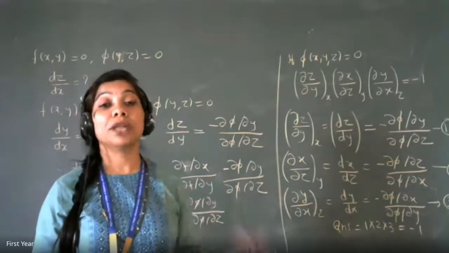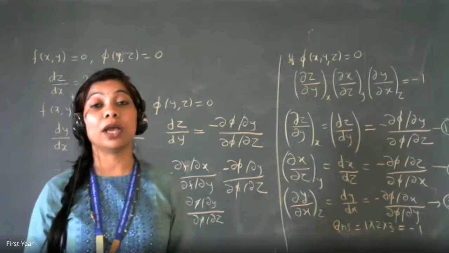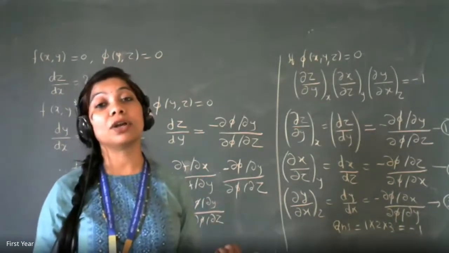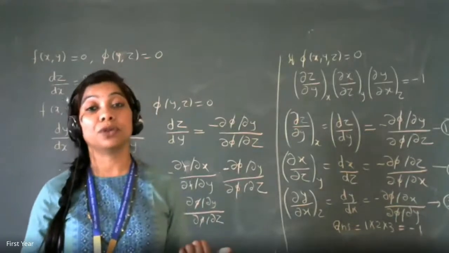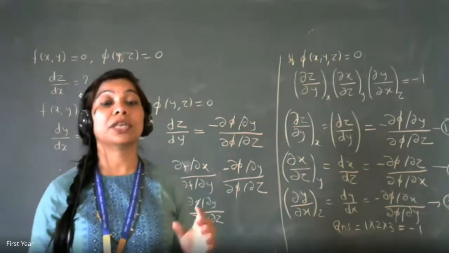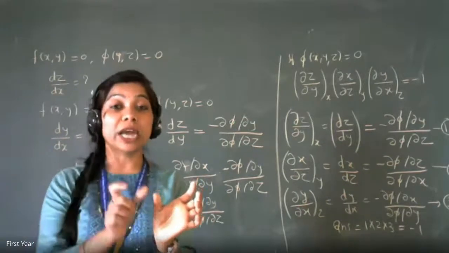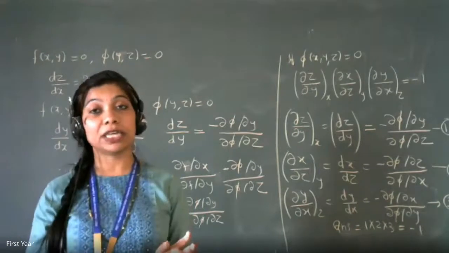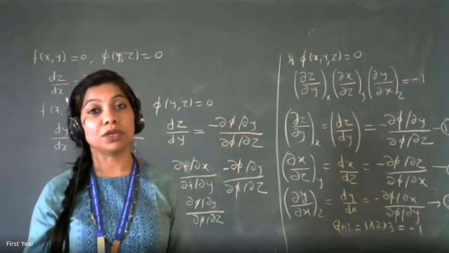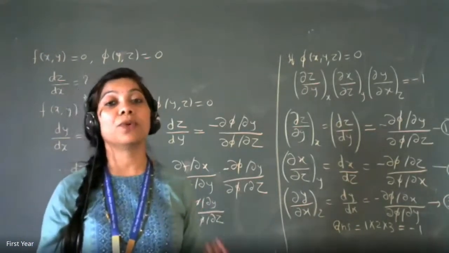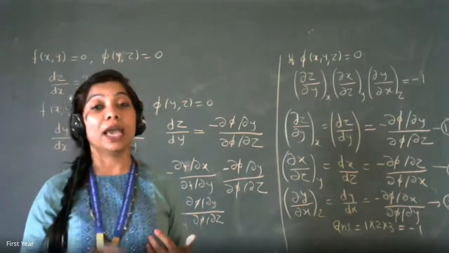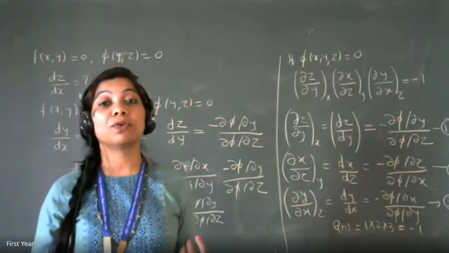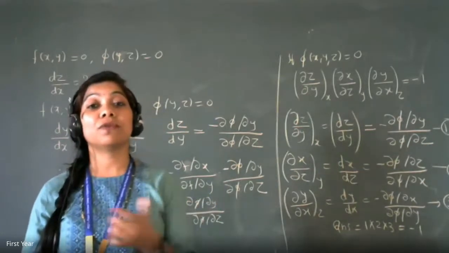And then you get the formula x ux plus y uy equals n u, if your function u is homogeneous, and the second order Euler theorem is n into n minus 1. If f of u is homogeneous, that means we have a function of a function, and the inside function is not of degree 0, then the outside function should be taken on the left hand side and you will get that f of u is homogeneous. If f of u is homogeneous, x ux plus y uy turns out to be n into f of u by f dash of u, and the second order differential equation turns out to be g of u into g dash of u minus 1.